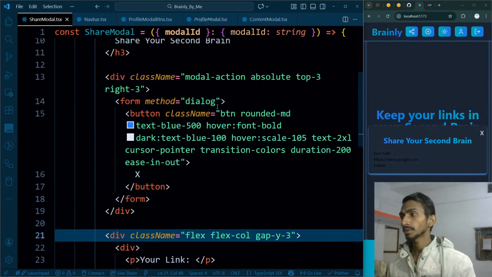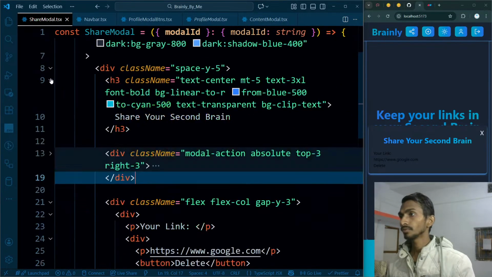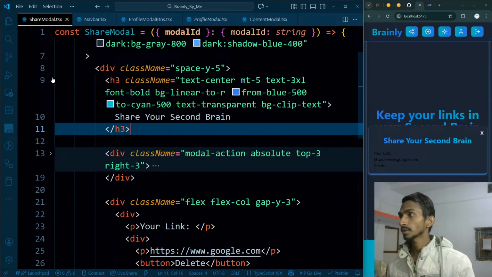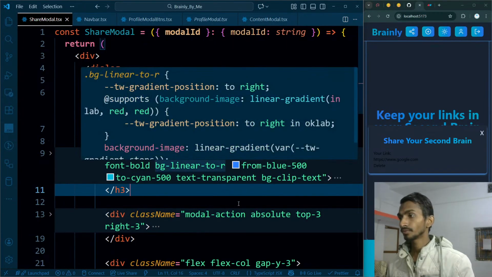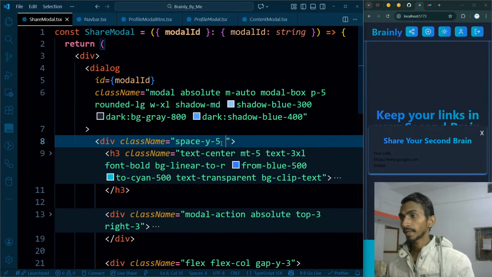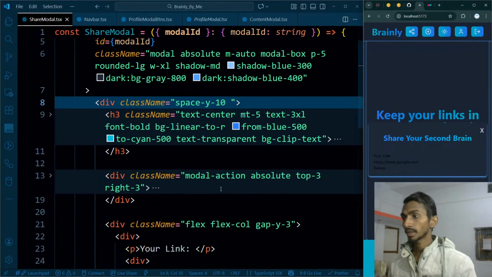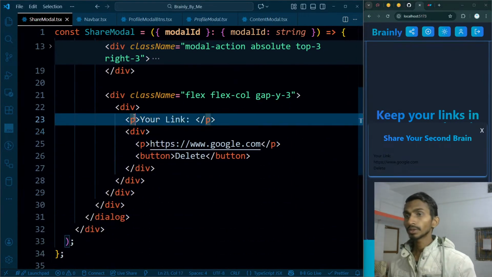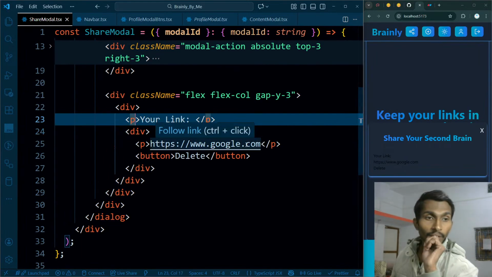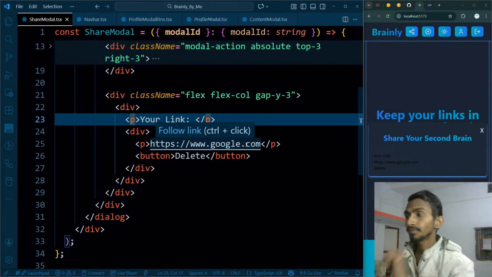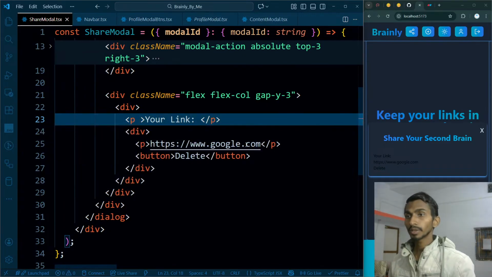What all do I have inside this? I have this particular div. This is just a button that is absolute, so I don't need to worry about this. I have this h3. Okay, and then I have this space bar. Let's make it around 10. So this is how it looks like right now, and then I can have the remaining things. So when it comes to these, first of all, your link. First of all, let's make it